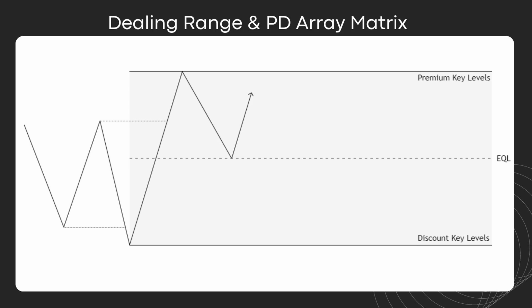Now when this swing ends and stops, that gives us a dealing range right here. This whole range of price taking out the range low or the swing low and then taking out the range high gives us a dealing range, and when this is divided into two halves it gives us the premium and discount region. Now as I said before, the case study that we are analyzing here is in a bullish market condition, which means that the structure is bullish or maybe the order flow is bullish. So now we're going to explain what price often does in such a market condition when price forms this sort of